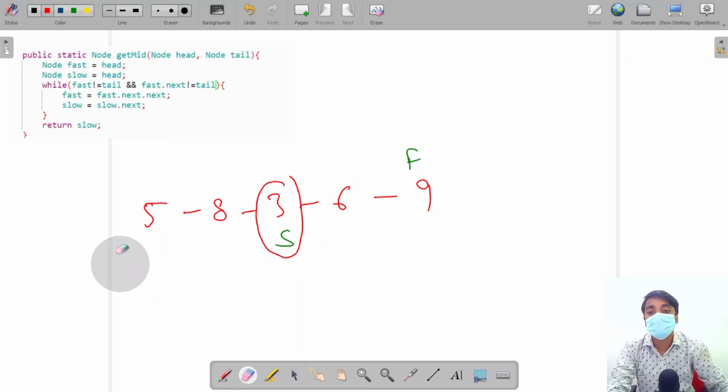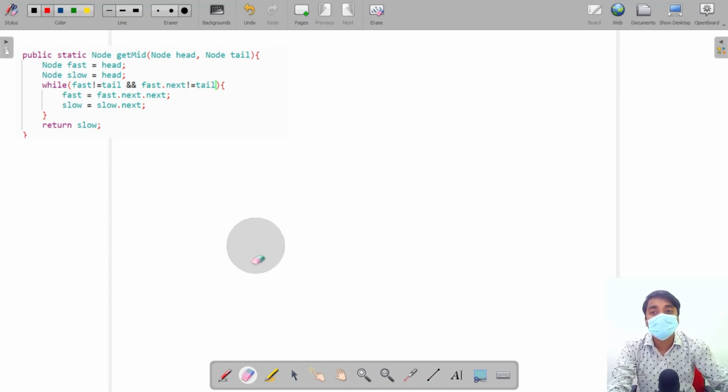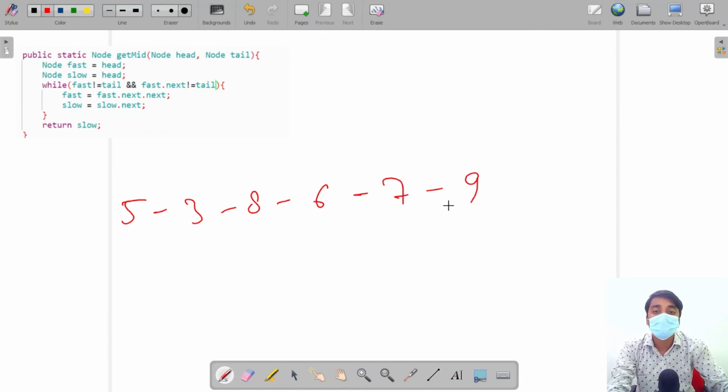Now let's say the list has an even number of elements. Let's say 5, 3, 8, 6, 7, 9. So there are 6 elements. Our fast is here, slow is here. Now fast is not tail, fast dot next is not tail. Fast will move 2 times, 1, 2.